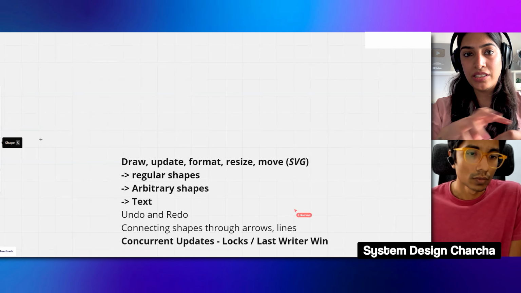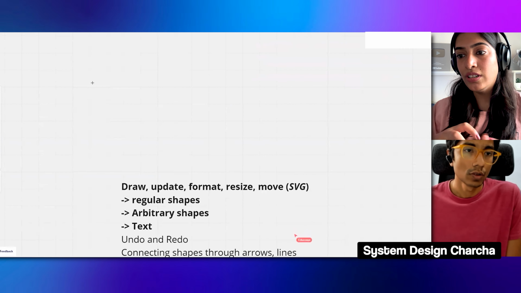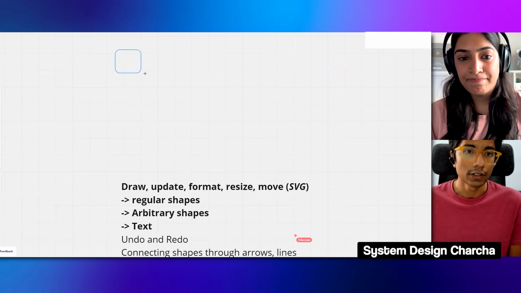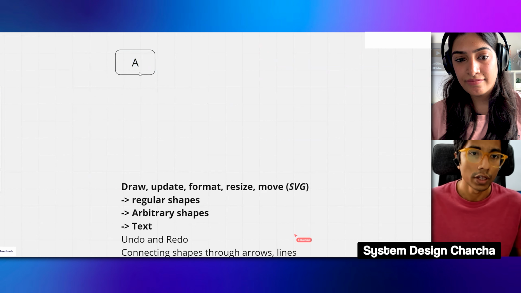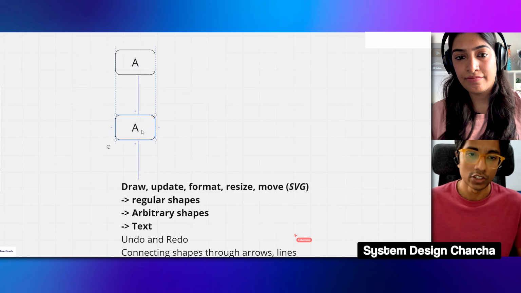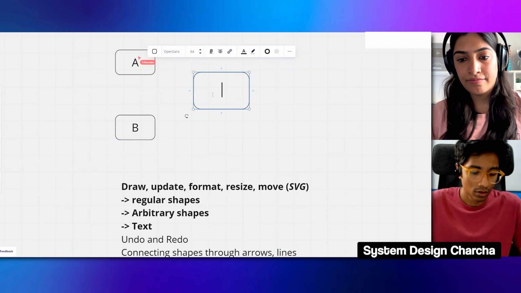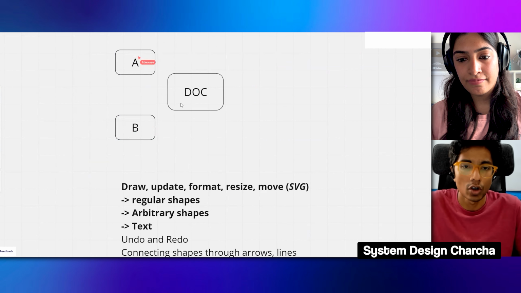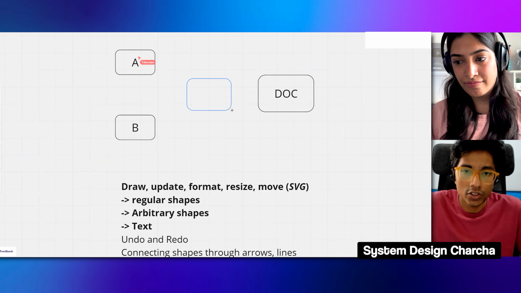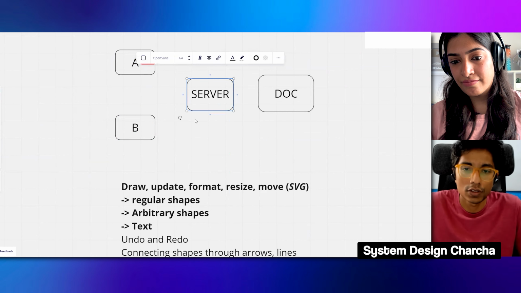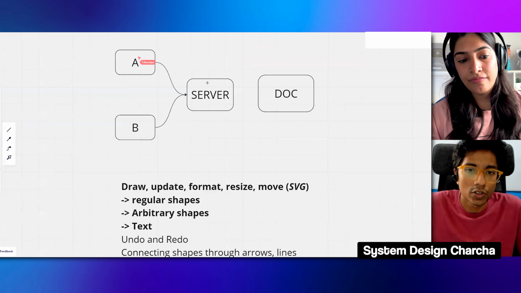Gaurav, since we are done with the major requirement of drawing, updating and all, can we talk about the high level system design and how it is actually going to communicate? Yeah. Makes sense. Okay, so we have a person A and they're here making changes to a document, and there's a person B. Now you have this doc. So they're sharing this doc, and at the end of the day, there has to be a server somewhere which is serving this doc. So we have this server, and these two users are connected to this server, which is then sending them